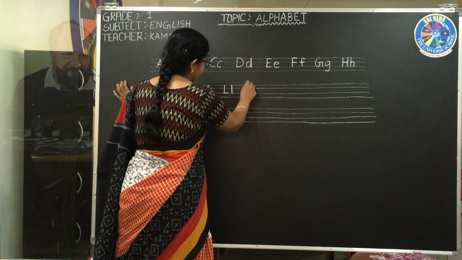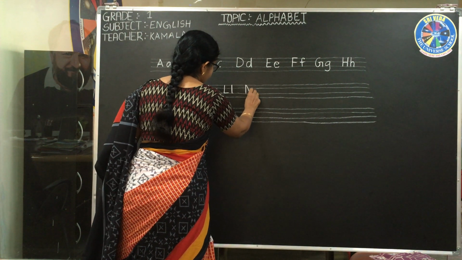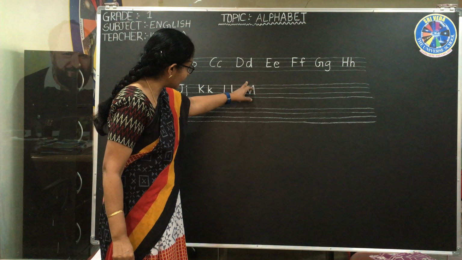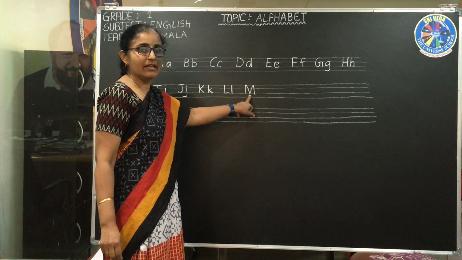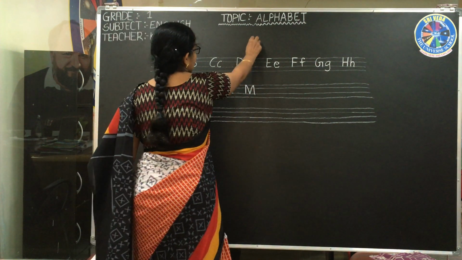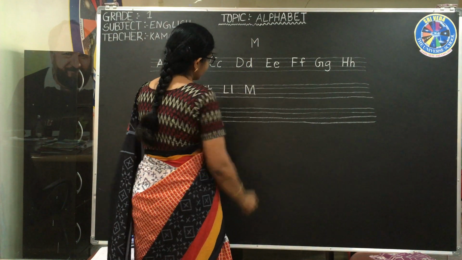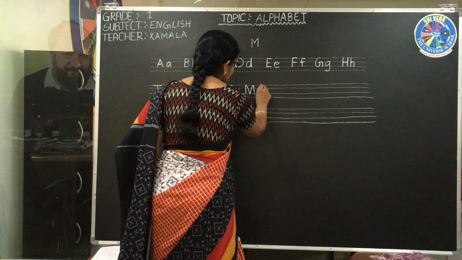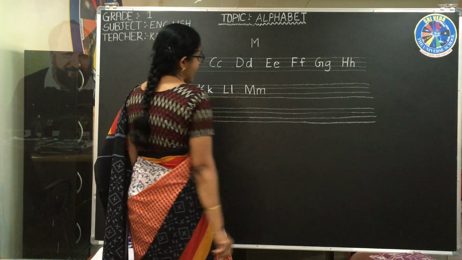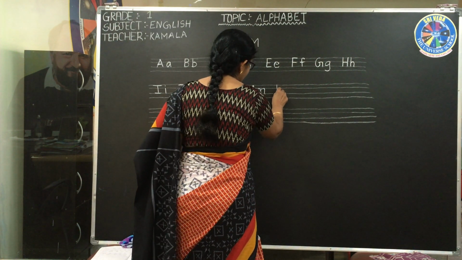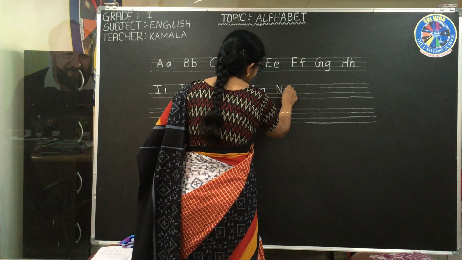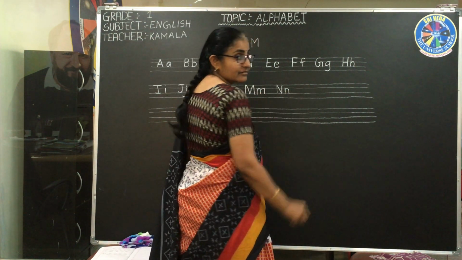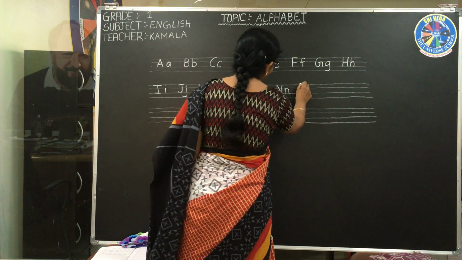Next it is M. When we are writing M, you have to see that we are touching here. The center line also has to come and touch the line. I see some of you writing like this. Don't write like this. You learn to write like this. And again, small m, only in the center 2 lines. Then it is again N and small n. M, N. Next which letter, children?